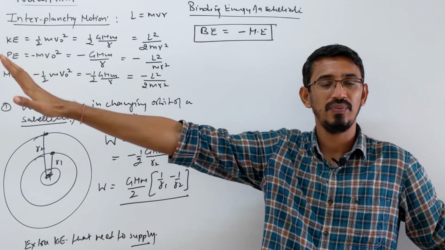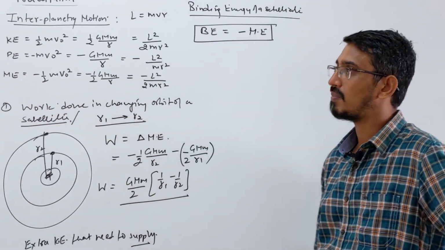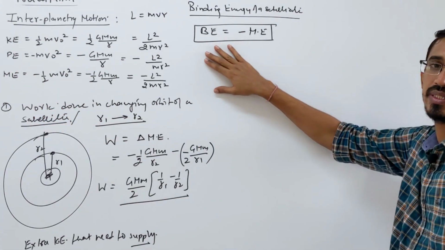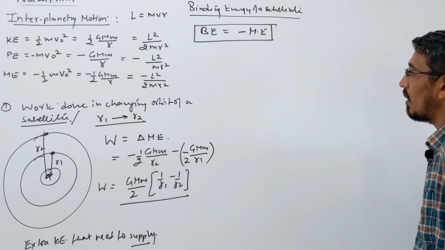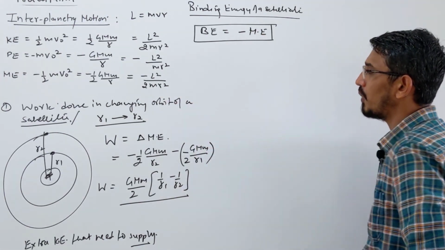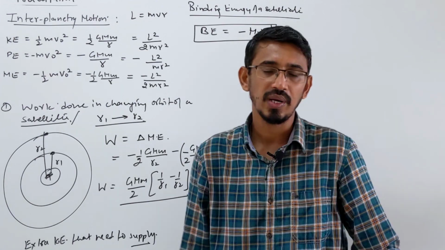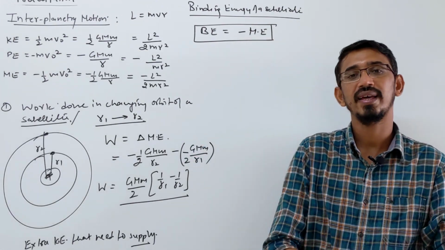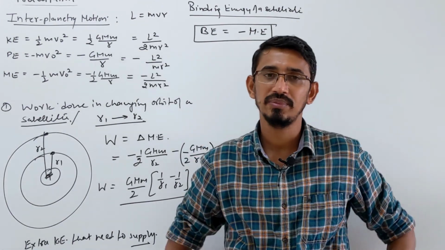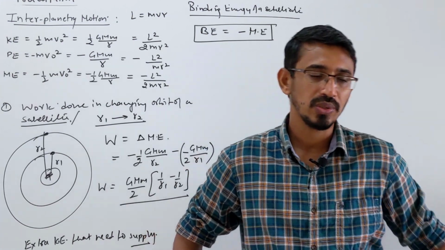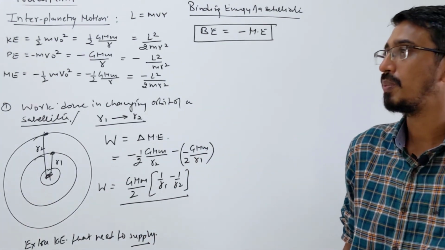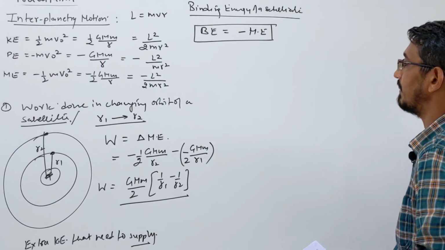You want to take it very, very far away, then how much energy we need to supply is simply equal to what? Mechanical energy. So these were the 3 points we have discussed: planetary motion, orbital velocity, time period, and the energy of the satellite, right? Let's do some questions on these, then we'll move to the next topic, that's called escape velocity.